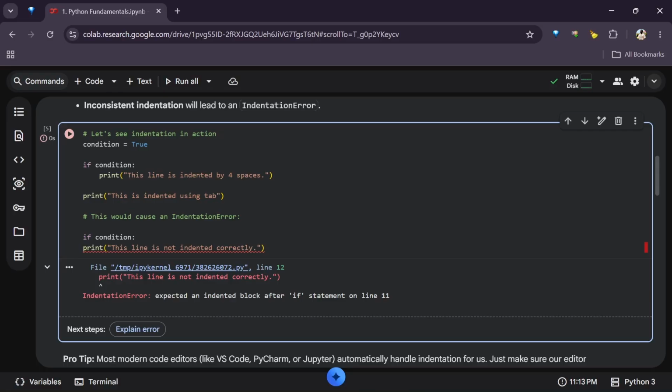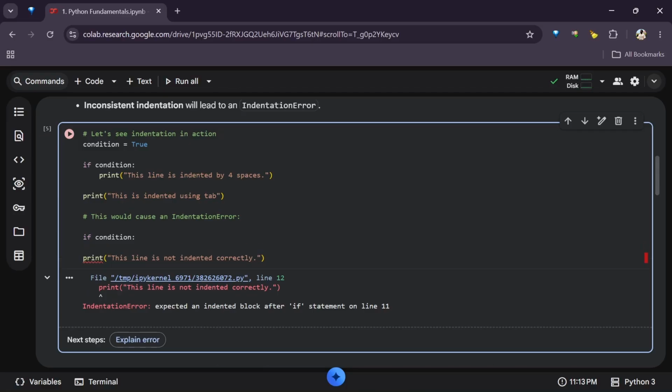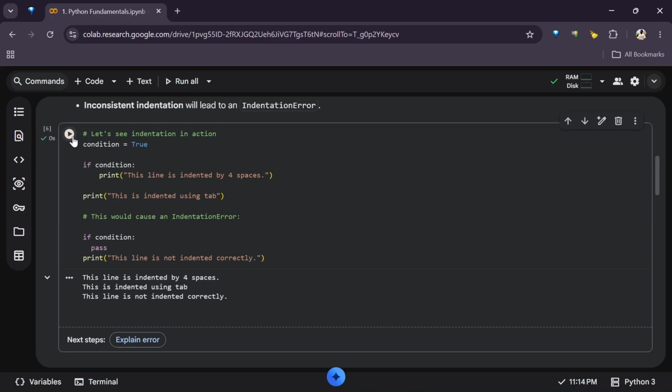Okay, so now this is saying it cannot print. Why? Because by default, after an if condition, because of the structure, it is expecting that something should be inside it first. However, if we are not sure what should be inside, we can say pass. Okay, you can just pass. We'll understand that better in another video.